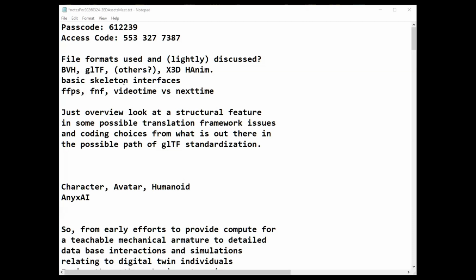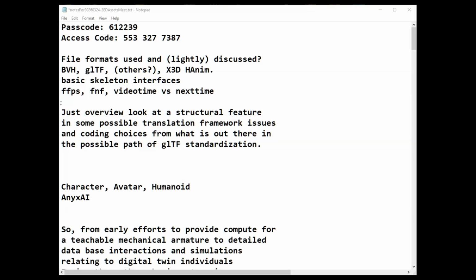Okay. Basically, what I want to talk about is some file formats that are used. It'll be BVH, and there's a bunch of CSV styles of stuff like this that encode essentially the same kind of information. And the glTF, which is a big advancement from those, and a little bit about X3D HAnim.